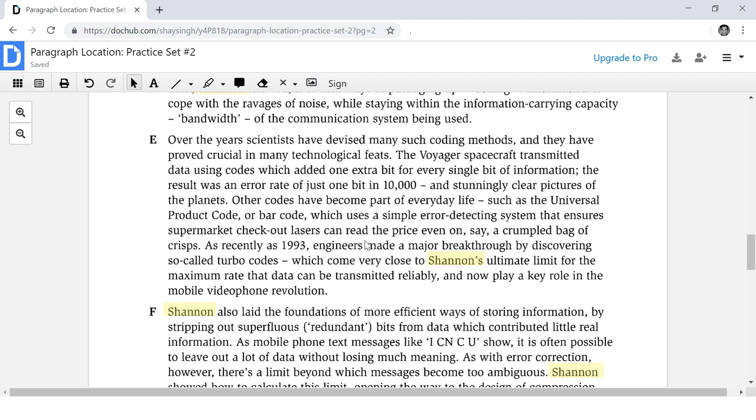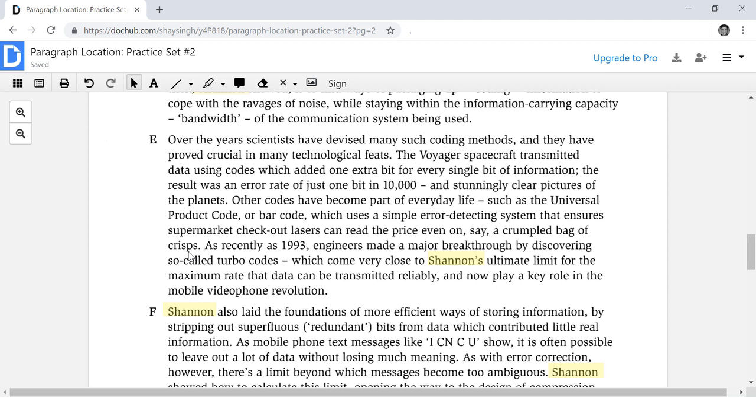It's a sort of machinery. Yeah, it seems to be talking about that somewhere around here. Let's just go ahead and read this sentence. It says, other codes have become part of everyday life, such as the Universal Product Code or barcode, which uses a simple error detecting system that ensures supermarket checkout lasers can read the price even on, say, a crumpled bag